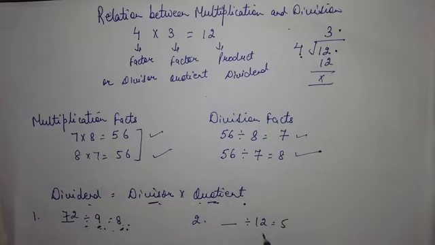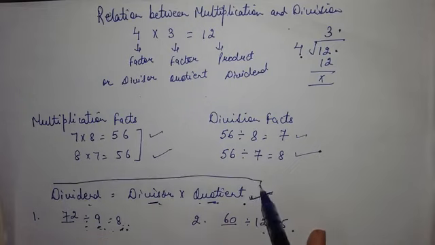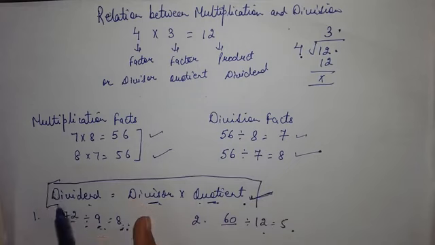In the same way here 12 and here you have 5. 12 is the divisor and 5 is the quotient. Multiply these two numbers 12 into 5, 12 5s are 60. You will be getting the dividend 60. So likewise, using this formula you can write the dividends, and this formula can also be used when the long division sums are given to verify your answers.